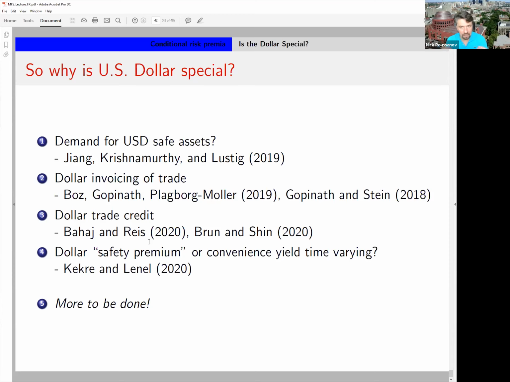Or is it, again, something special about this, maybe the dollar convenience premium that this recent literature talks about, that is layered on top of the general kind of business cycle risk exposure or risk aversion maybe, that is doing it, we don't really know. So there is something to be said for the dollar being special, even if it is average in some respects in terms of its exposure. There is more to it.